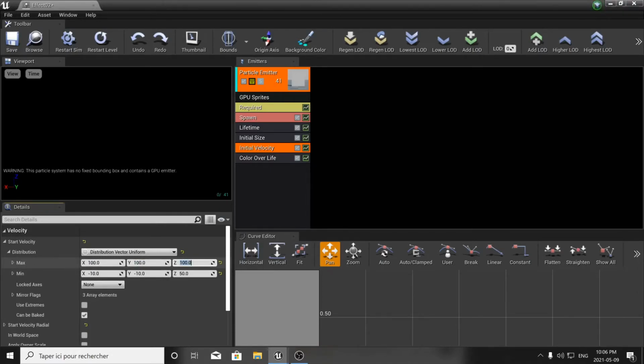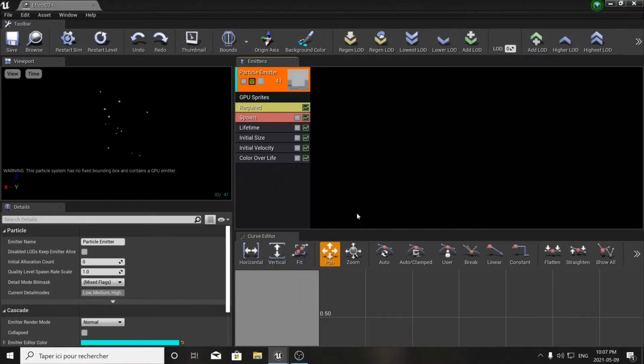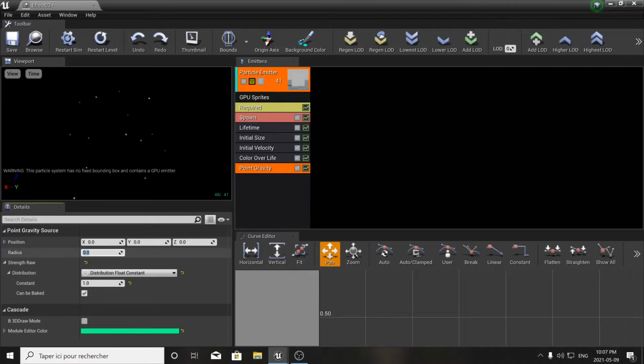Velocity, just make it fast. Let's take 100 and just copy paste it everywhere and make the minimum negative. And now we need to do the point of gravity, and the point of gravity is going to be less strong